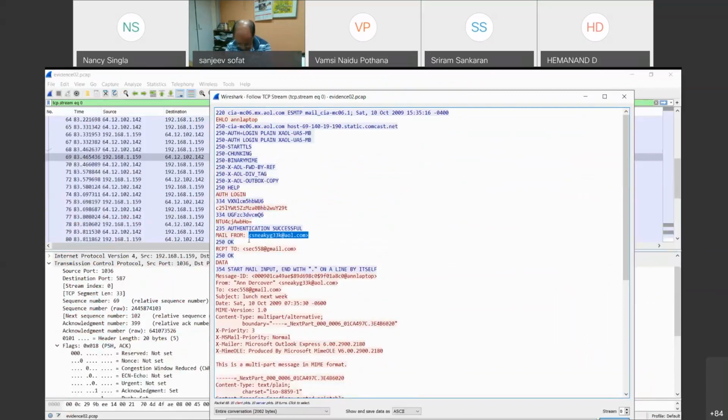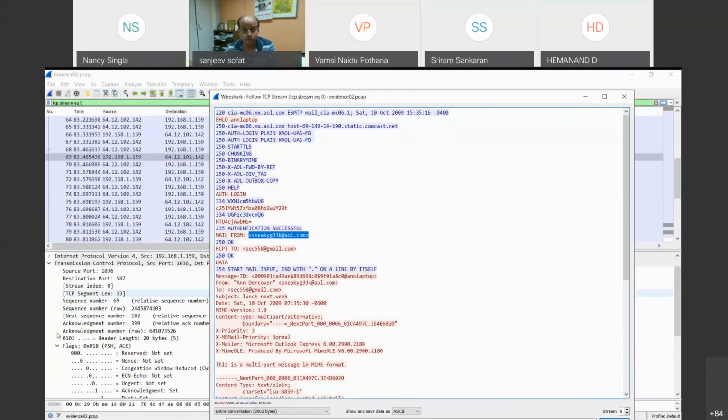Okay, so here you can see some auth login. This indicates that there is a login verification for the email. But here you can see that it's not understandable. It's in some encoded form. So basically, all these credentials are actually base64 encoding of the plain text, so we need to decode this information.